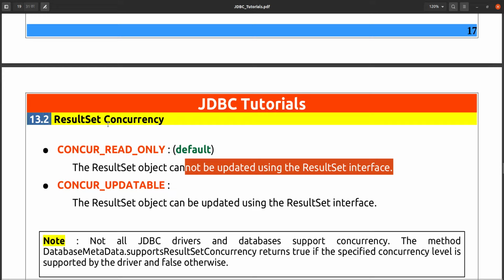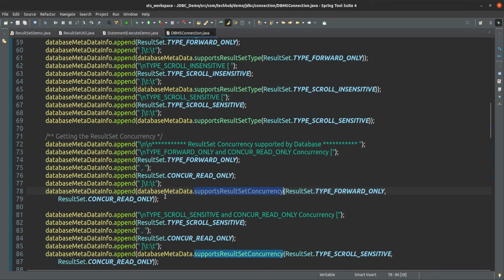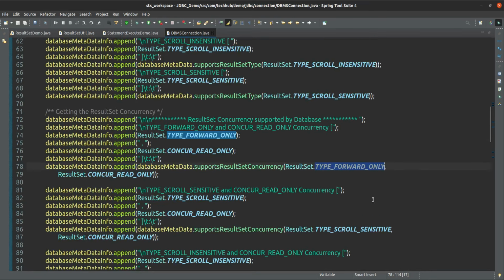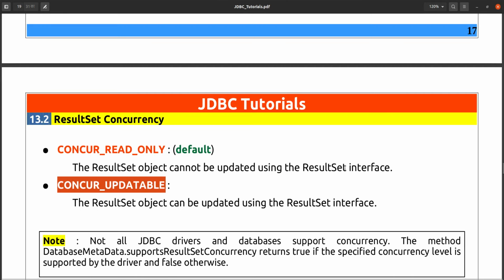So what type of result set concurrency your database supports, you can also get using this method: databaseMetaData.supportsResultSetConcurrency. It checks what type of result set concurrency is supported. For the type forward, it checks supportsResultSetConcurrency with read only, and another one is concurrent updatable.